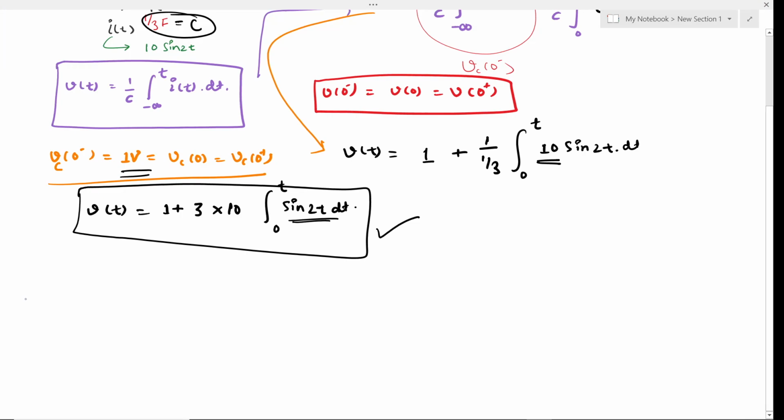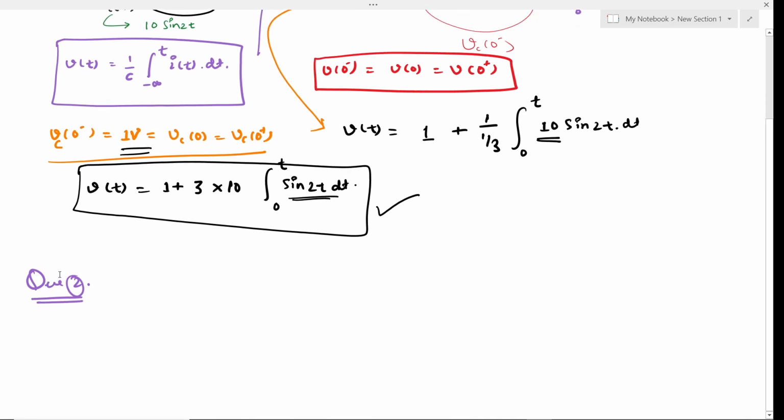I think this one is clear. Now the next problem we will solve. This next problem is that we have to calculate the... this one is the inductor. Okay, this one is the inductor,